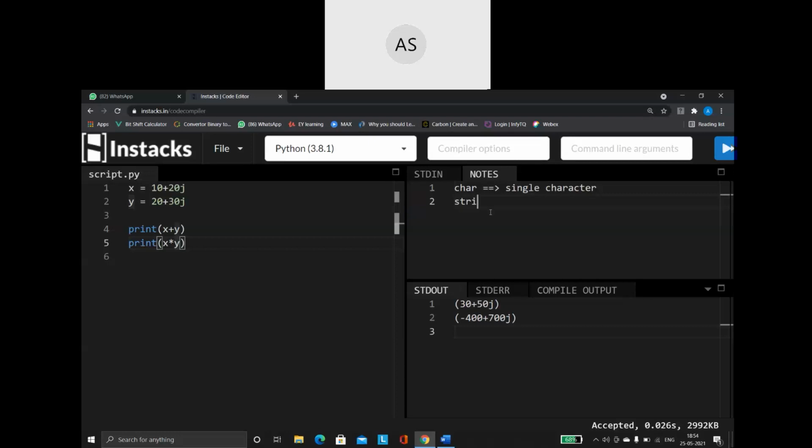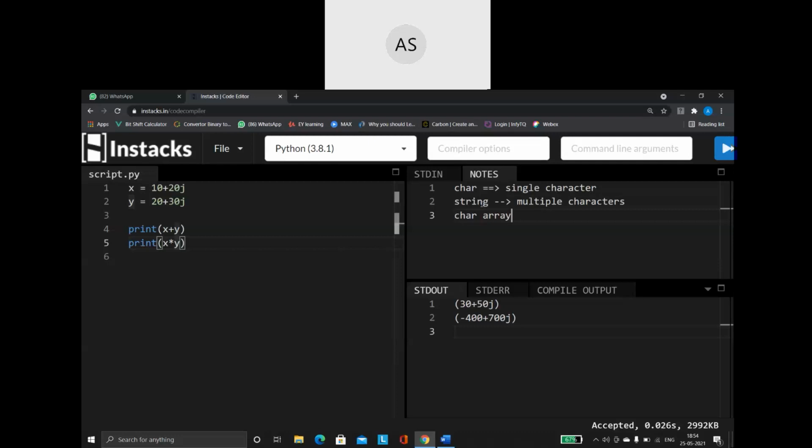Then we have a data type called string, which stores multiple characters. In some languages like C, I don't have the data type called string. Instead, we use something called a char array.